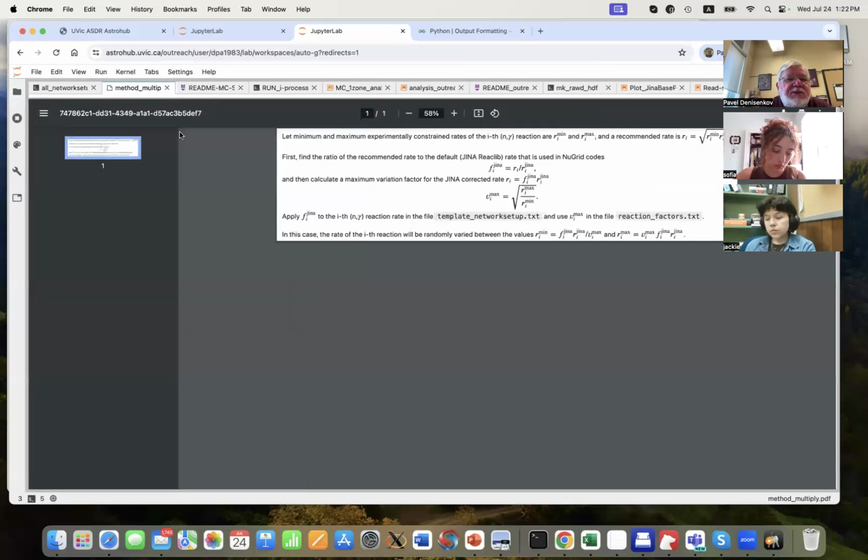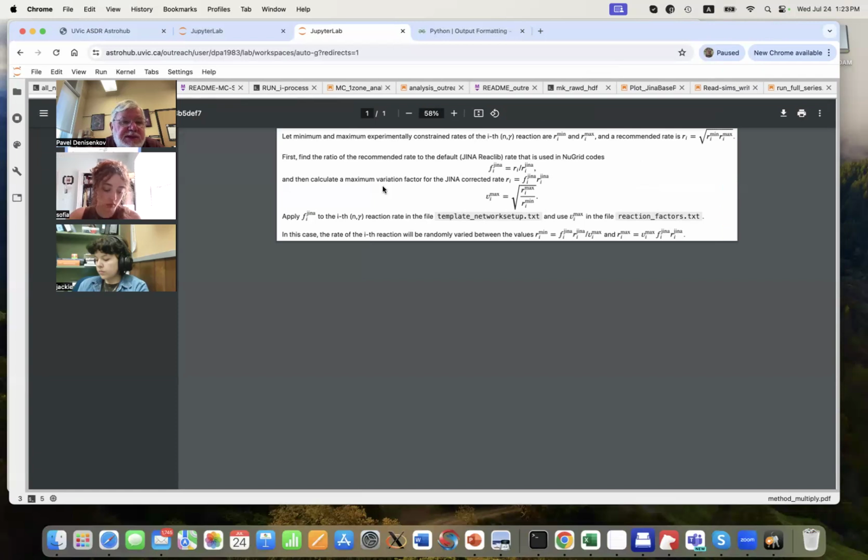And here there is a short text, actually a reminder to myself, but of course also for students like you, which briefly explains what changes you should make to include in your Monte Carlo simulations new rates for a number of neutron capture reactions, right?